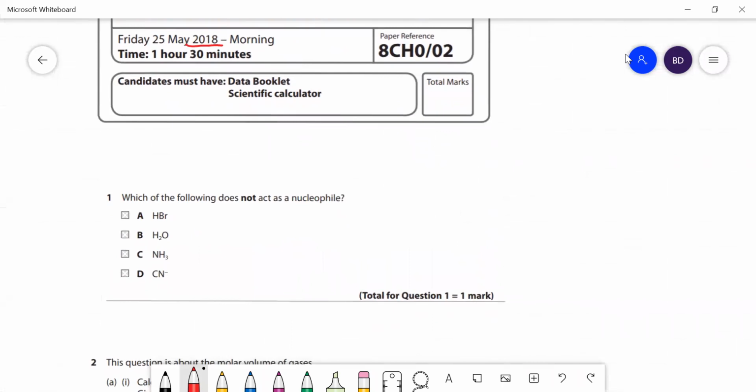Which of the following does not act as a nucleophile? Well, the answer is HBr. That's actually usually considered to be an electrophile. The delta positive hydrogen will be attracted to areas of high electron density. All the others will react with, for example,